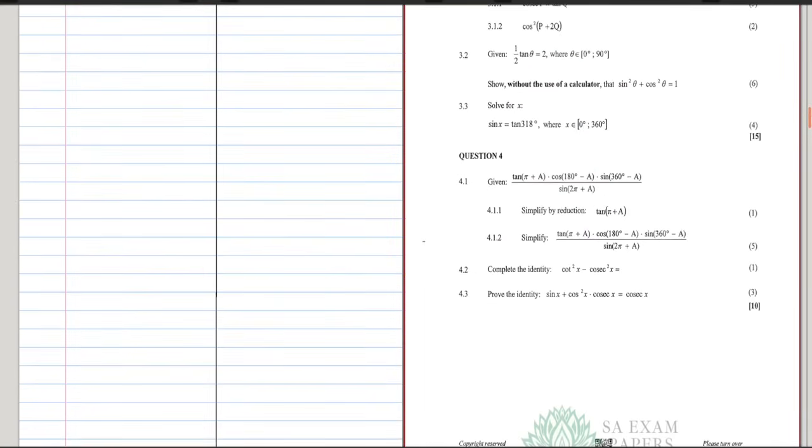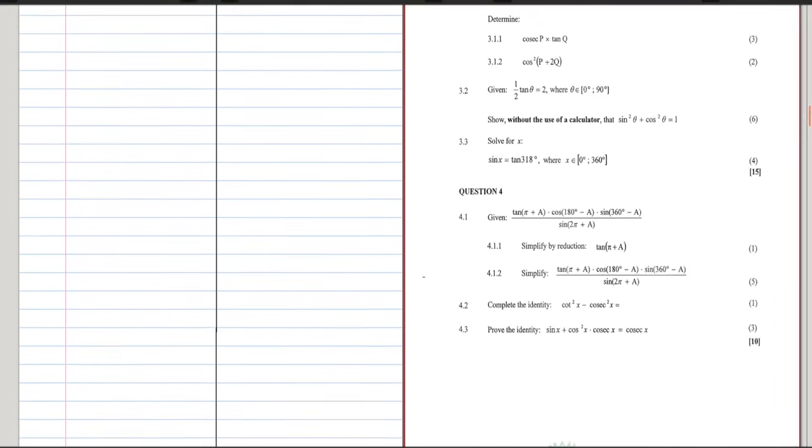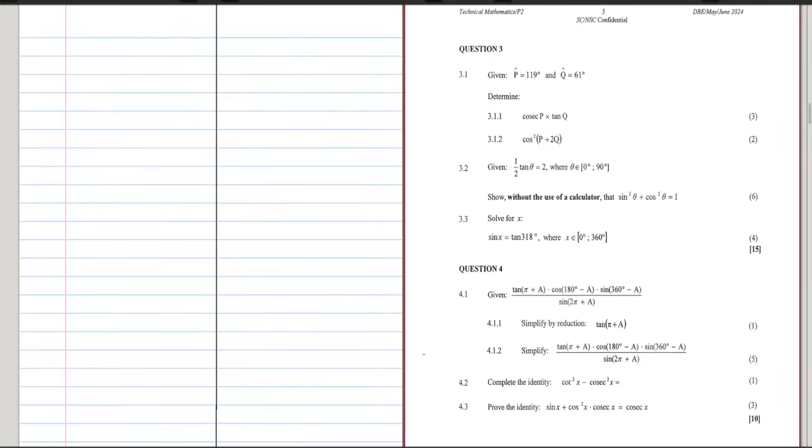So question 3, trigonometry. You know, I'm actually teaching pure maths and a little bit of technical mathematics. In pure mathematics, this trigonometry. Okay, maybe let me say question 4 is more of the pure maths kind of trigonometry type of question. Maybe question 5 as well, but in pure maths we also don't have the inverse functions, right? So that's a little bit extra that you have, you guys. And then question 3,